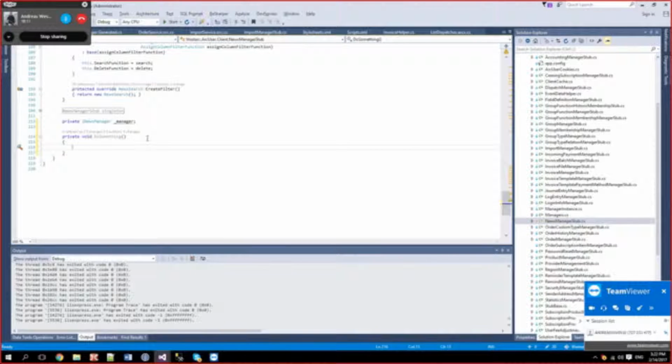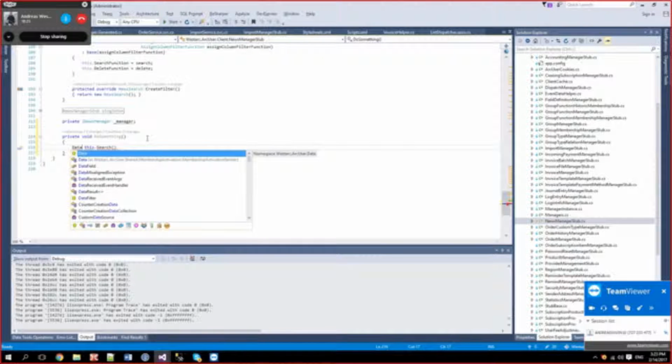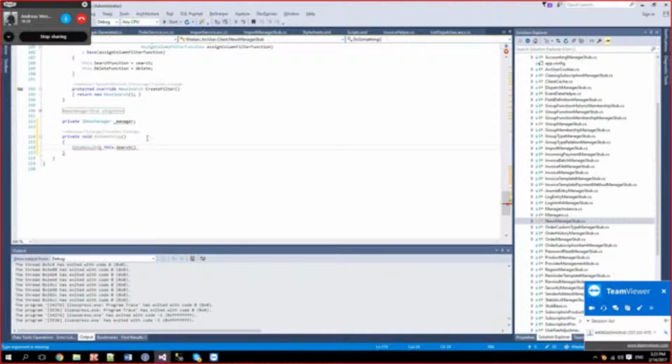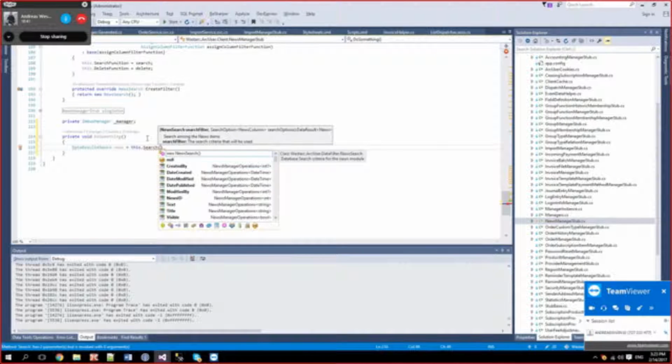So let's say that we want to search for news, and we have this dot search, and that provides us with a structure called data result. It's a generic structure that takes the returned object data type, news. And now we want to specify what to search for. And this search function, I'm not used to this ReSharper thing.